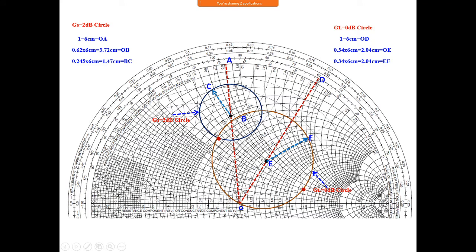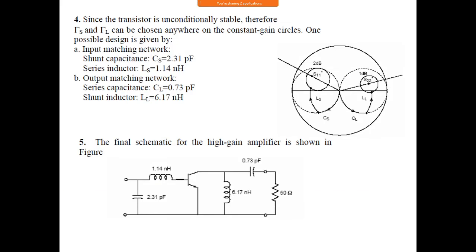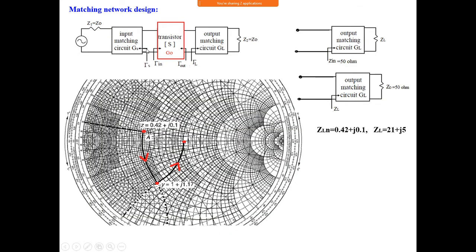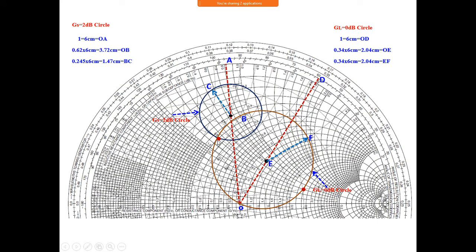Okay, now what we have to do, we have to design the impedance matching network. To design the impedance matching network, as we said, to get a gain of 2 dB, you can take any impedance over this circle, any one value over this circle for the input impedance matching network. Similarly, you can take here. See here, you have to design an impedance matching network. Looking in this direction, you must set the input impedance ZS equal to one of the values over this circle. So I have taken this point.